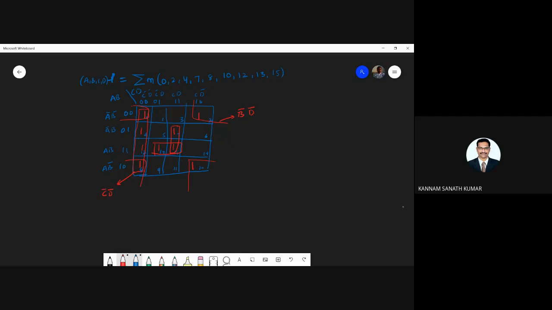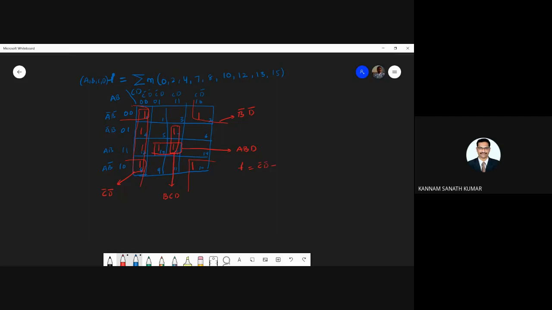Okay. And next for this one it is AB, and seeing vertically, C will be eliminated. A pair will eliminate one variable, and a quad will eliminate two variables. So here, if you write the expression, which one is common? B is common, B, C, D. So my expression, F equal to what are you getting?